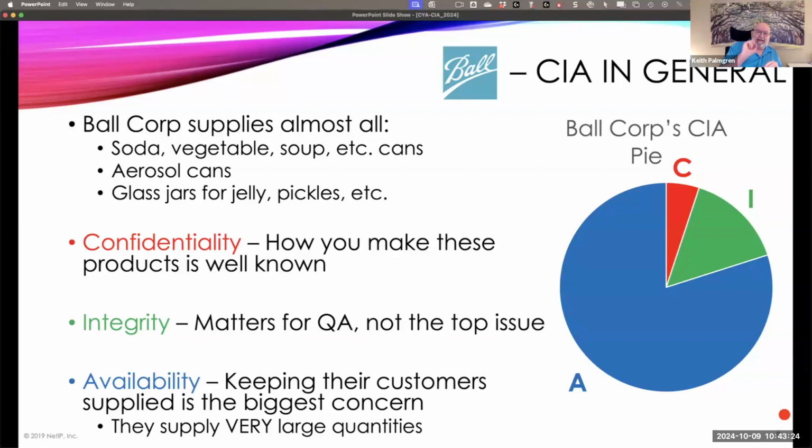Now, I did have a gentleman approach me one time when I gave this presentation, from the company Ball. And he said, we actually also have an arm that does research and development on how to make better cans and better bottles. And I'll come back to that because it's a really valid point. But I need to show you a few other things before we have that conversation. So give me a few minutes.